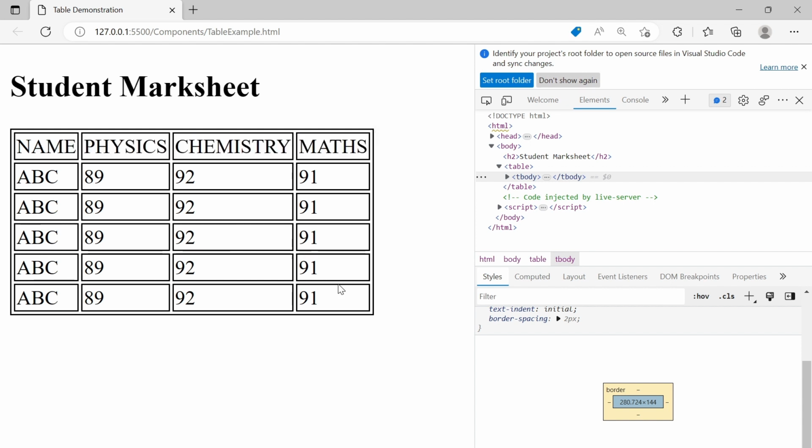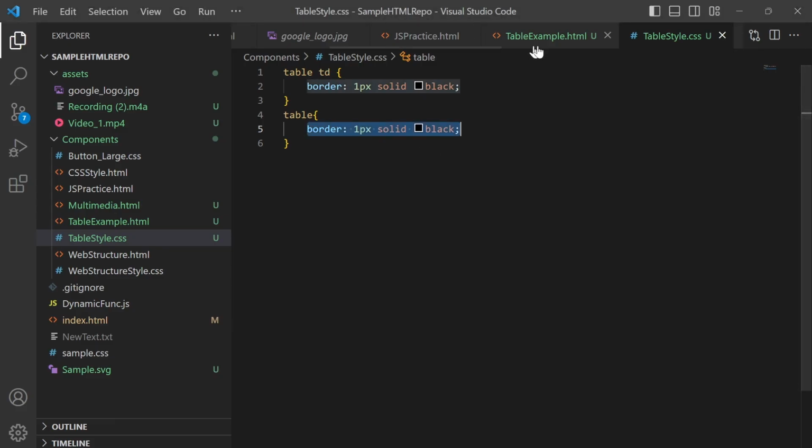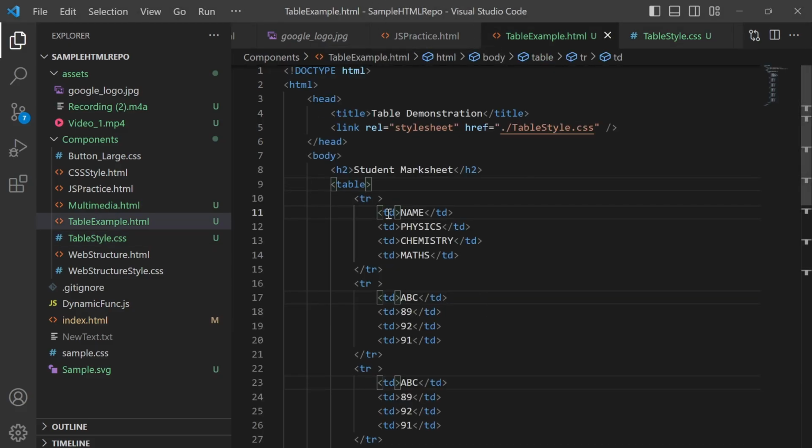So we have another tag to enhance the header elements. Instead of using td, we will use th, table headers. So it will be better to show them in the header.